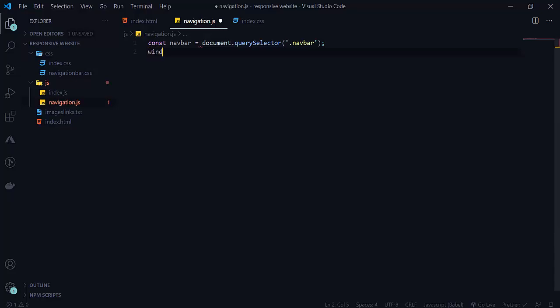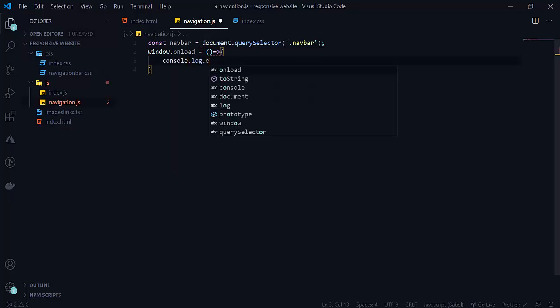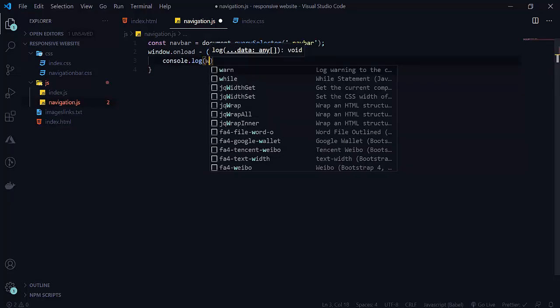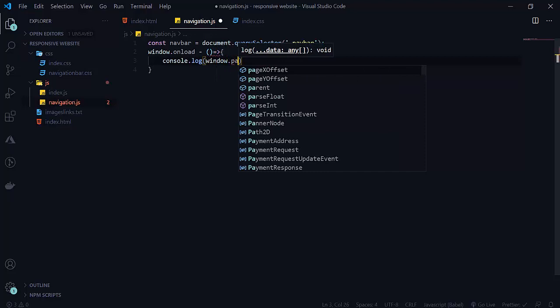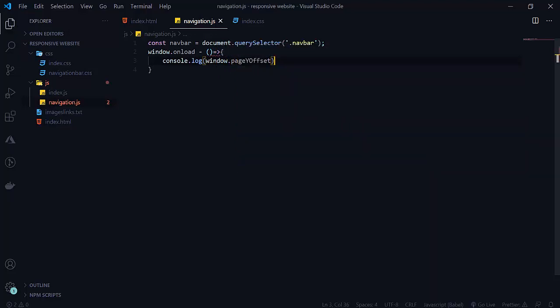Then window.onload, and here we want our function. Let me console.log first, window.pageYOffset. Okay, here will be equals to.